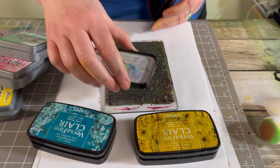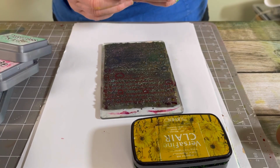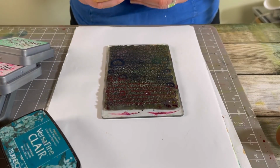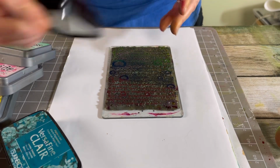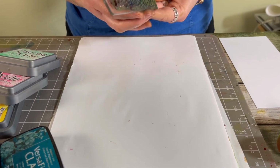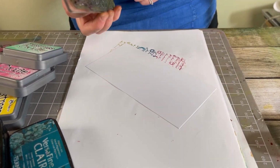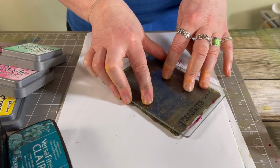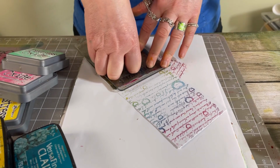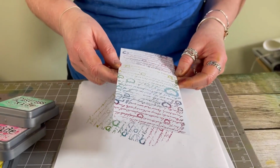Okay, I'm going to start with Glamorous. So I'm going to ink up, and then we're going to move on to the Warm Breeze. And then we've got Golden Meadow. So I've got my multifarious card here, but first I'm going to stamp off. And now I'm going to stamp, and then again down at the bottom. Okay, so that makes a really nice background in itself, but we're going to do something